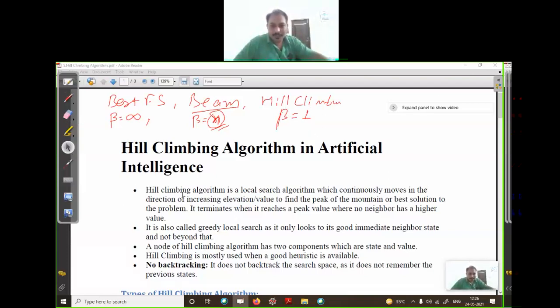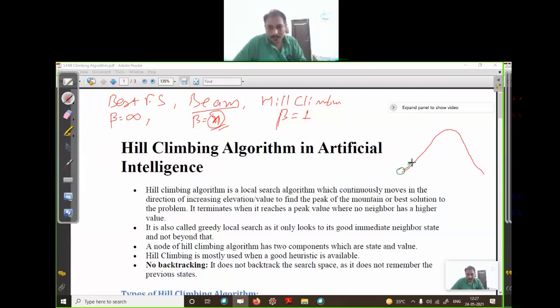Hill climbing is a local search algorithm which continuously moves in the direction of increasing elevation or value to find the peak of the mountain or the best solution to the problem. It terminates when it reaches a peak where no neighbor has a higher value. Suppose there is a mountain, and we start from this point.